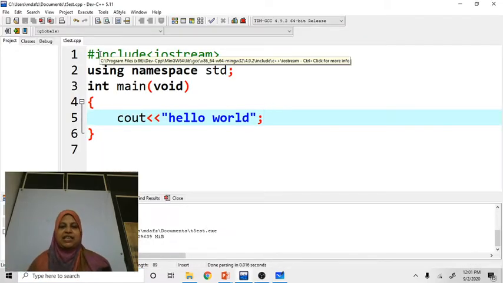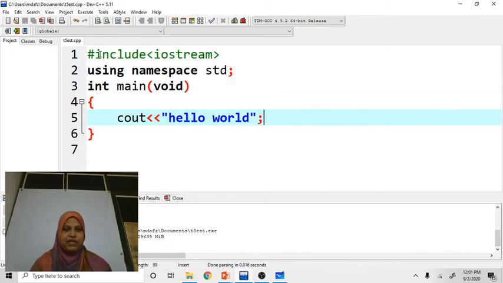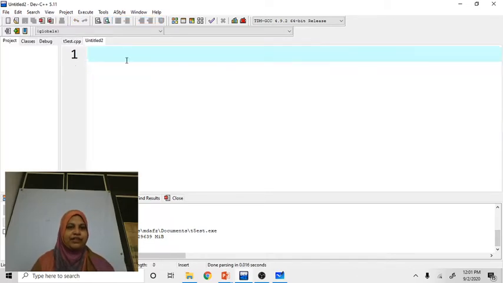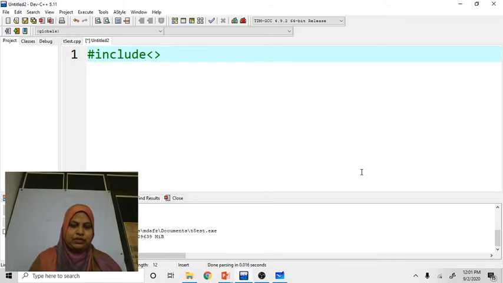In previous classes I used Turbo C++, now I am going to use Dev C++. First, File, New, Source File. Here, hash include iostream.